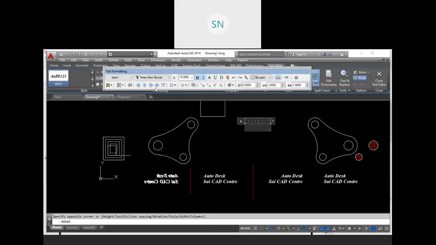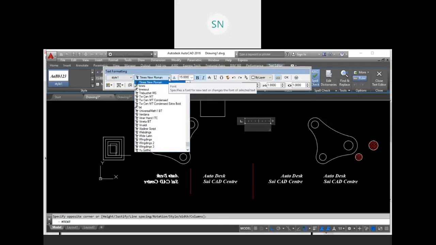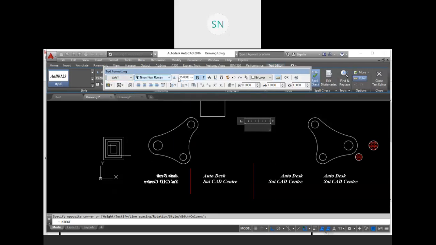So in the multi-line text, we have the facility to change the text style as well as the text format, font, height, and all the other parameters. So we have so many facilities over here. Also, we have standard alignment over here: top left, top center, top right, middle left, middle center, middle right, and the bottom three.